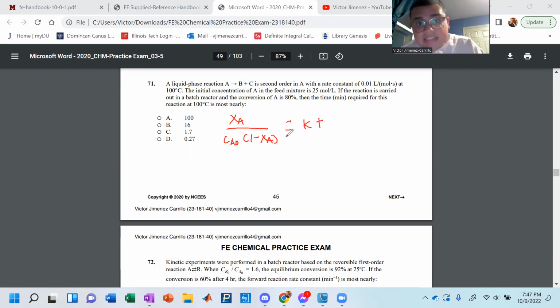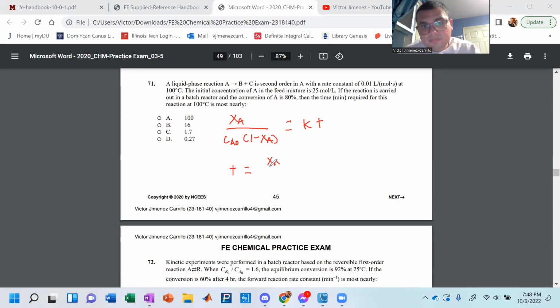Well, in this case, XA is equal to 80%. CA naught is the initial concentration, which is 25 moles per liter. T is the time that we're looking for, and K is the rate constant of 0.01 liter per mole second. Now, the beautiful part to all of this is that everything is in the right units. Everything's given that we can solve for. So T is equal to